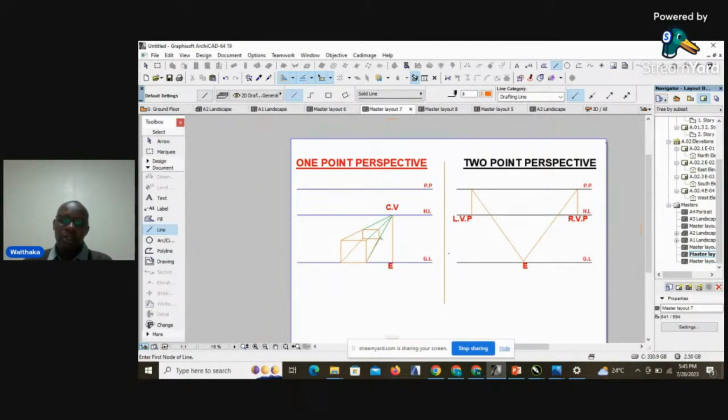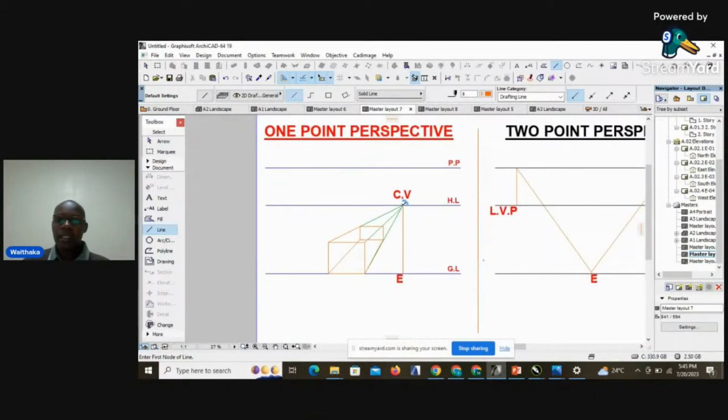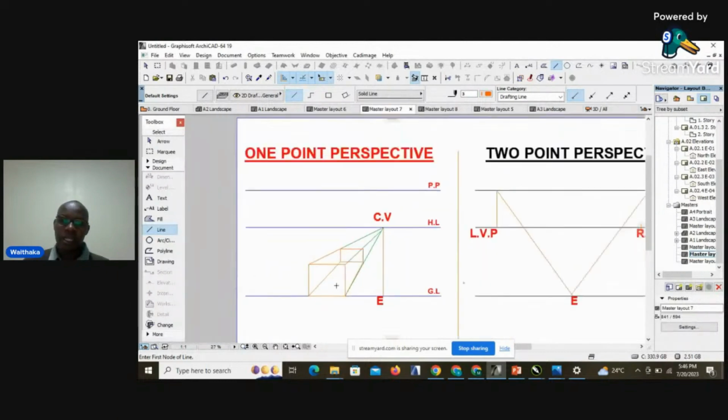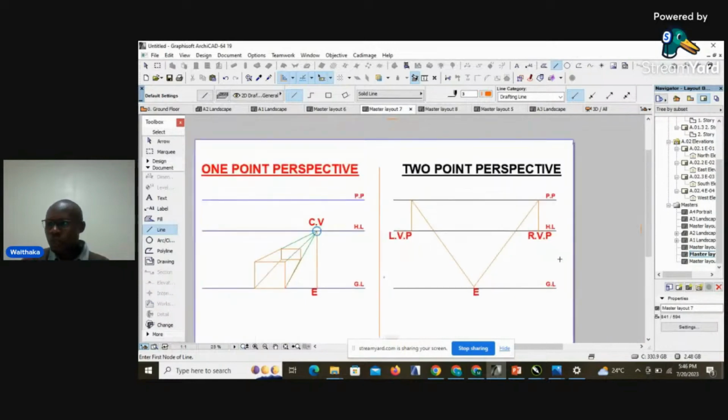So in 1-point perspective, we only have one center of vision, and all the lines will recede towards that point. That is the center of vision. So again, as we've said, the horizon level, the picture plane, and the ground level will always be given, and you'll always be told where they are positioned. So therefore, again now with a 2-point perspective,